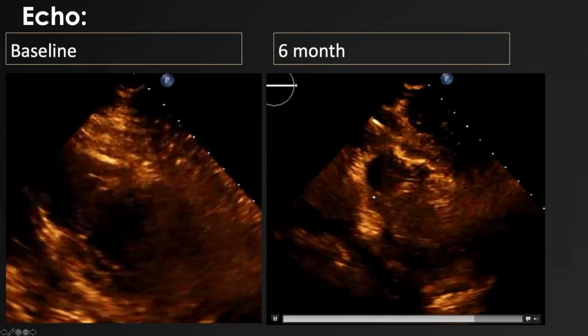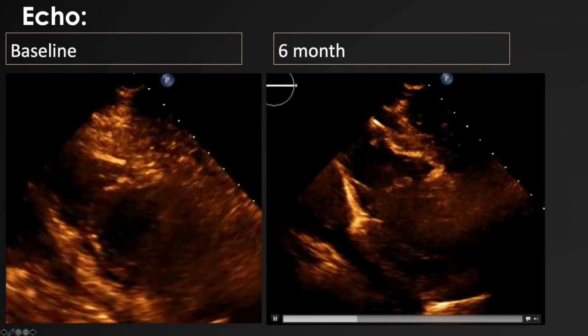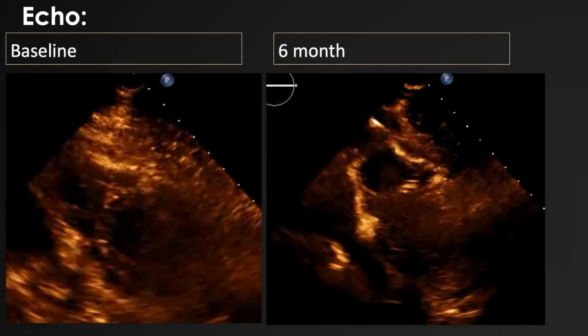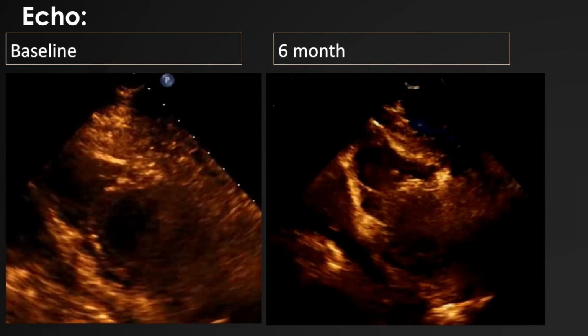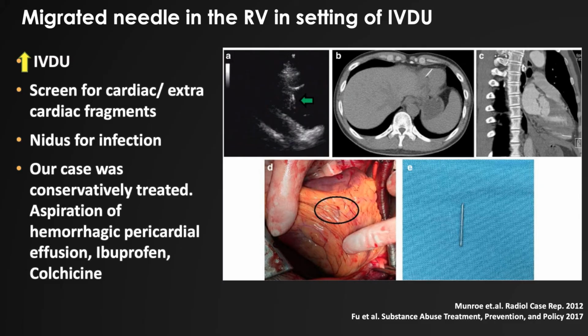Putting this all together, one history that we were looking for is this patient having a history of IVDU, which this patient did have. Upon recalling the finding, the clinician went back and asked the patient more carefully about IVDU use and whether they lost a needle recently, to which the patient agreed, and they did lose a needle recently, but they thought it wouldn't matter. And that's the highlight of this case,